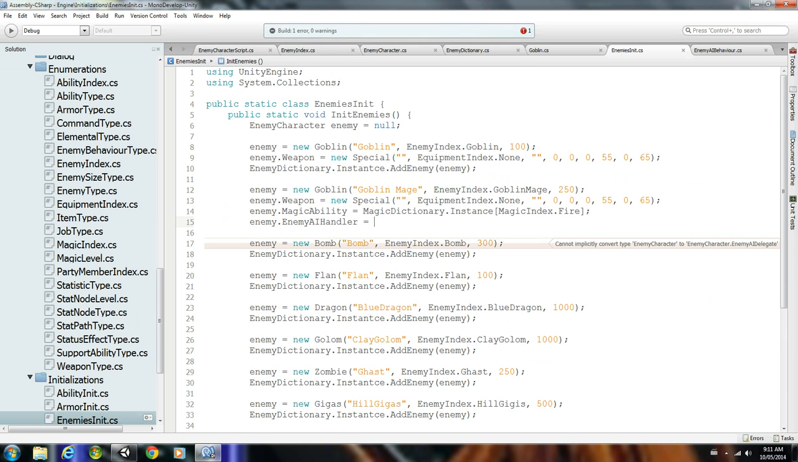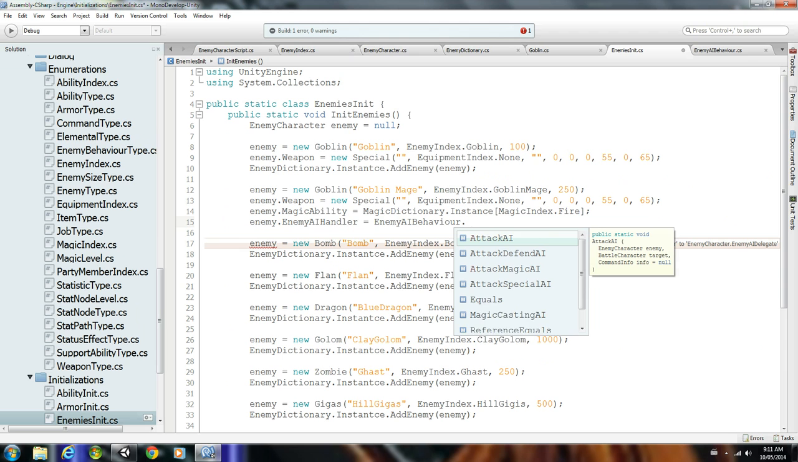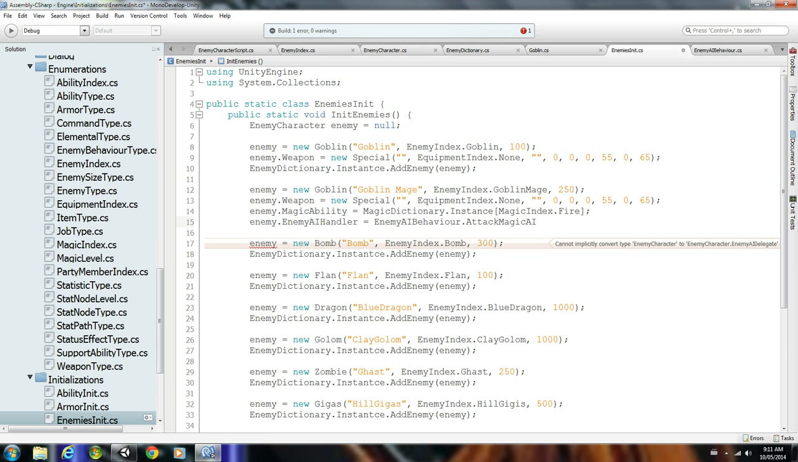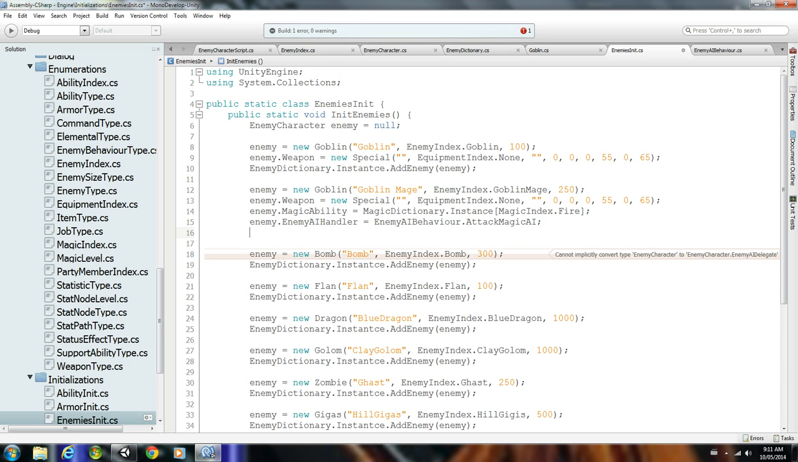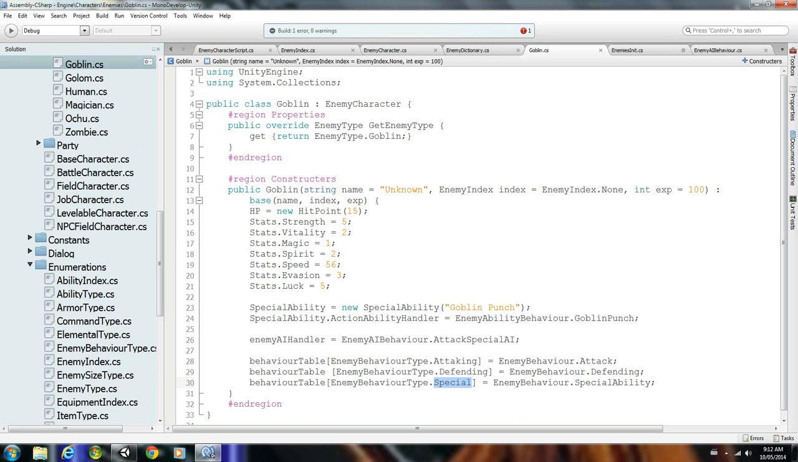Right, so now I have my enemy AI behavior. So I'm going to want to set him up to AI behavior dot attack magic. So now that's going to implement the attack magic function. So now he's going to go to that function whenever he comes to his turn and decide, do I attack or do I use magic? Now enemy dot, what was it? I want to add the